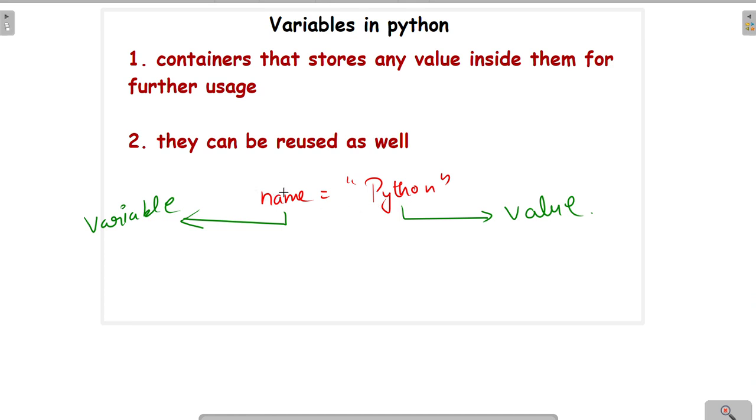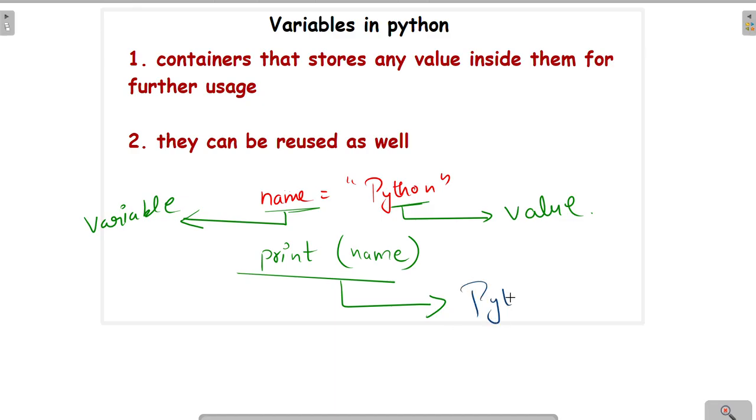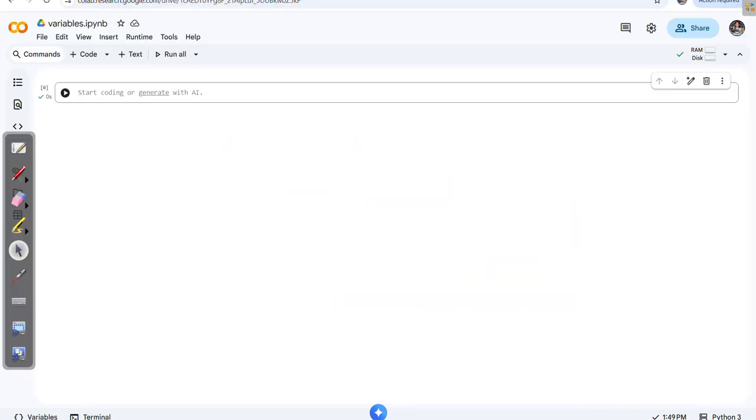This name variable is holding the Python value. So to print whatever is inside name, I will do print name. It will automatically redirect to the Python value, which is stored inside name. Clear? Now let us do it practically.